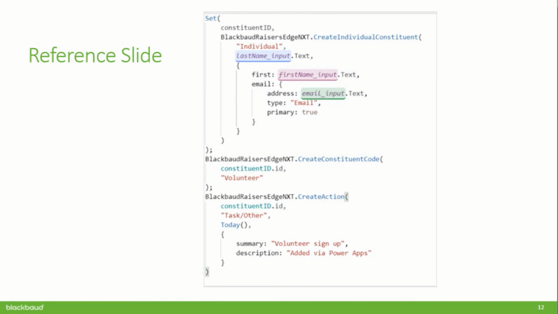So as I mentioned in that demo, here is that reference slide. We do have a sample app of that uploaded onto our volunteer sign-up tutorial. I believe it's at the top, or it might be towards the do more things to improve your app section. But we have that also. Here's a reference slide. Take a look at it, screenshot it if that's helpful at all, if you're just calling the connector within Power Apps.